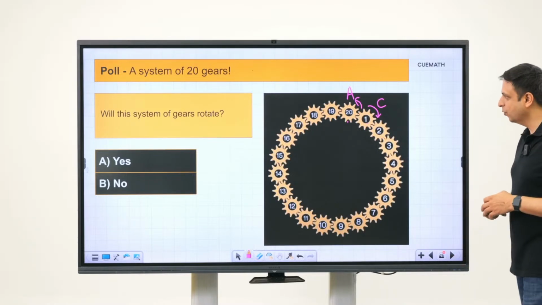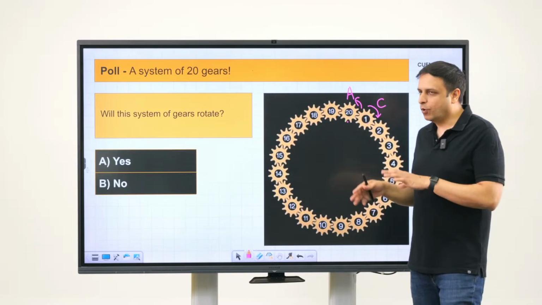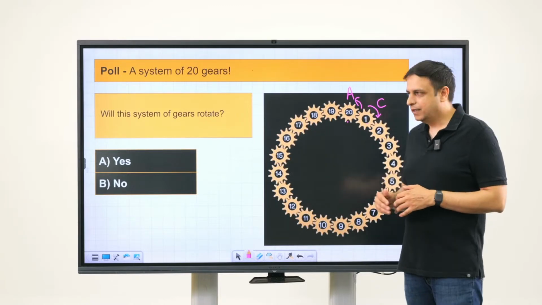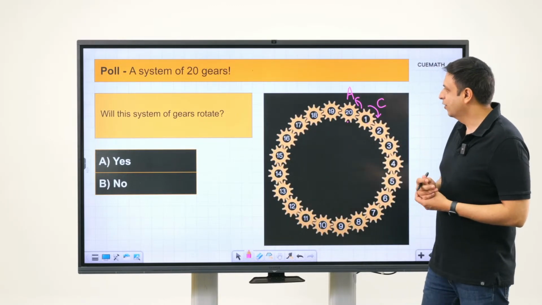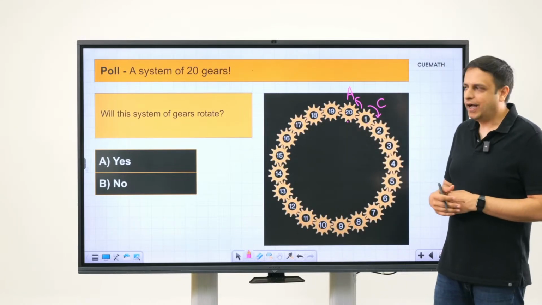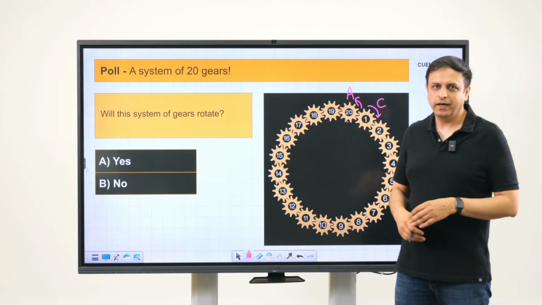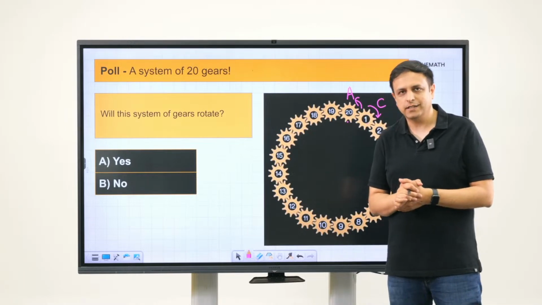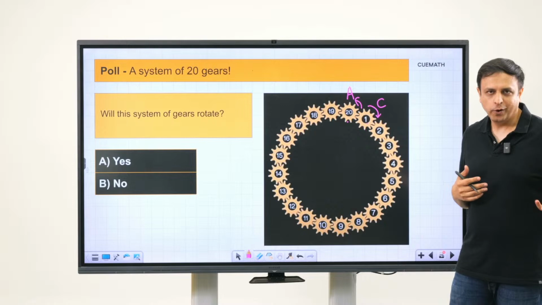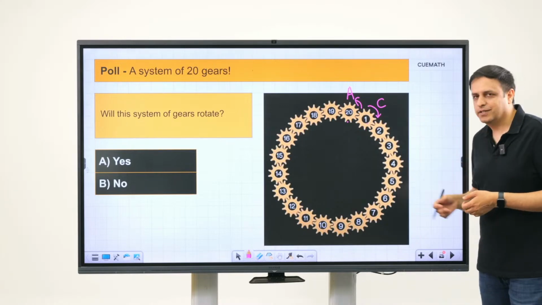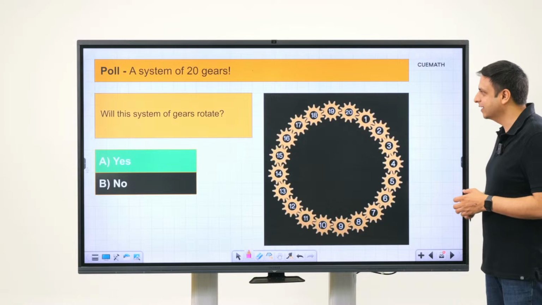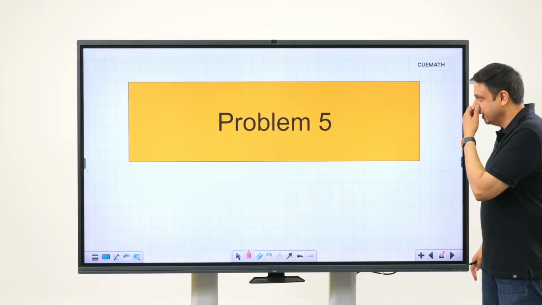So, you see how cool this is. If you do not know the underlying idea of how parity figures in here, it will be very hard to figure this out. If you try asking this problem to a friend, I am pretty sure most of your friends will find it very hard because they do not know the underlying idea. But now you know it, and if you see a problem like this, you should be able to solve it instantly. I hope you liked this one. Okay, so the answer here is yes.